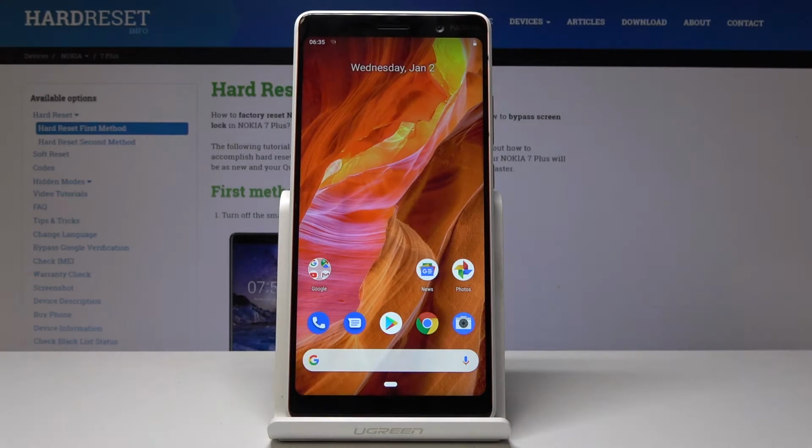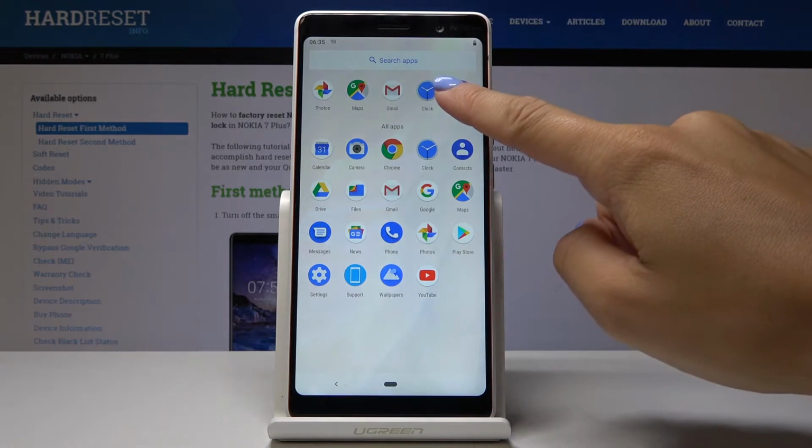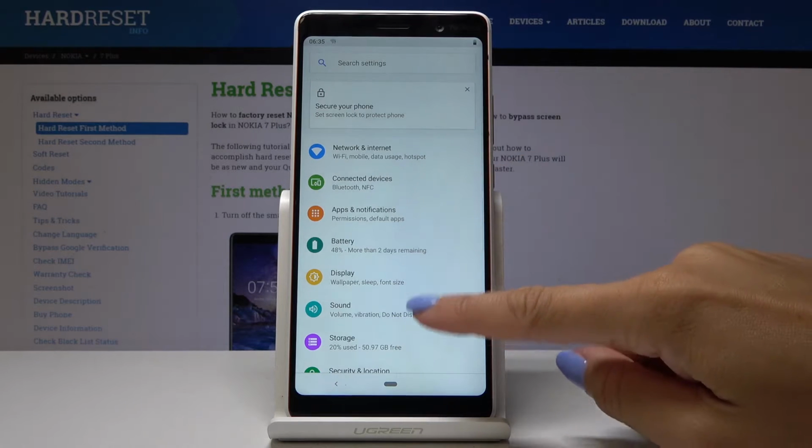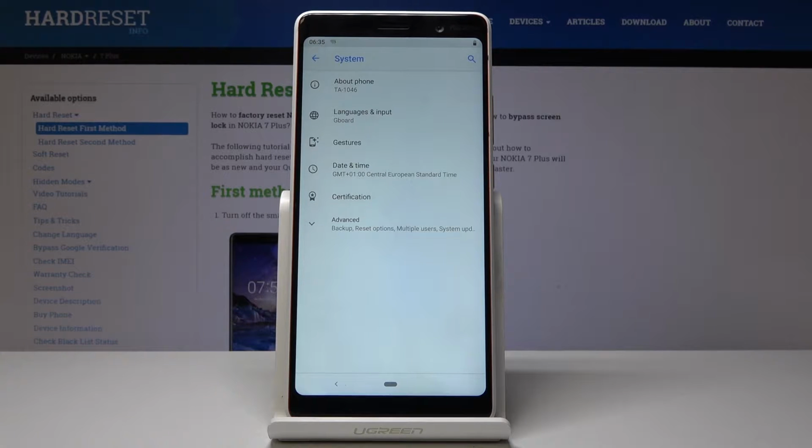Here I've got Nokia 7 Plus, and let me show you how to set up date and time on the following device. So at first you have to open list of all applications, then find and select the settings. Here you have to scroll down and go to System, so it's the last icon, and now go to date